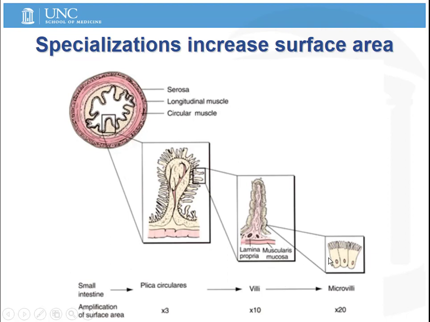And then each individual epithelial cell on this surface of this villus has microvilli, and those microvilli, or brush border, increase the surface area another 20-fold. And this microvillus surface is sometimes called the brush border because it looks like a paintbrush under a microscope. The overall increase in surface area as a result of all of these levels of specialization is somewhere around